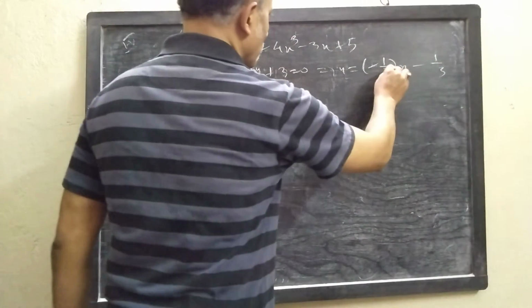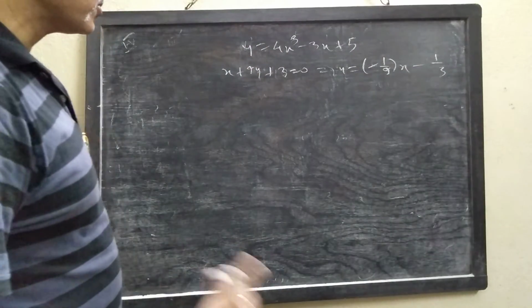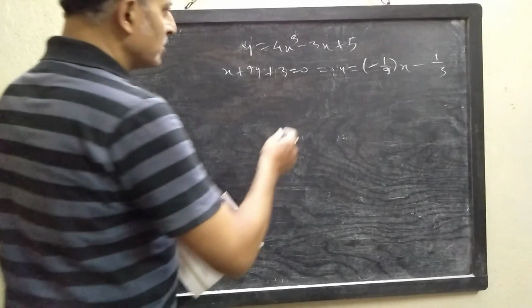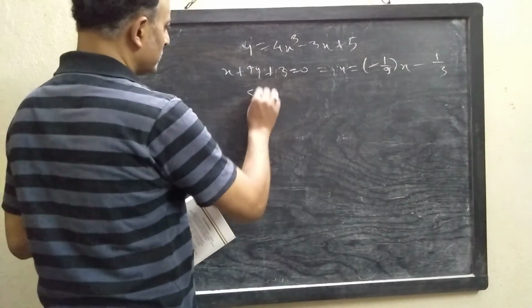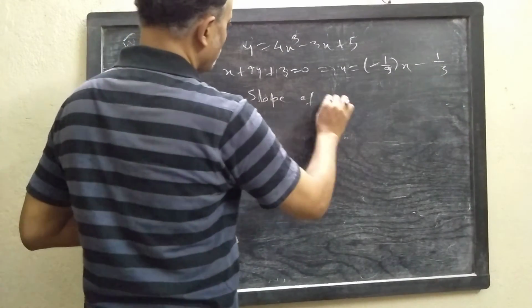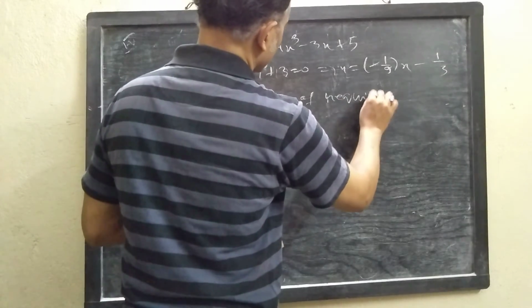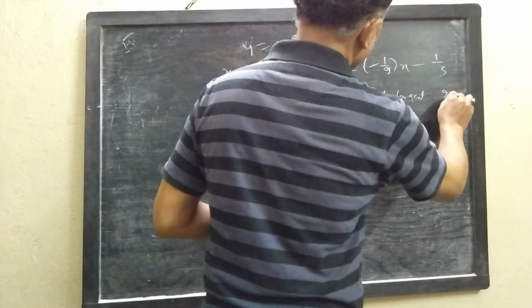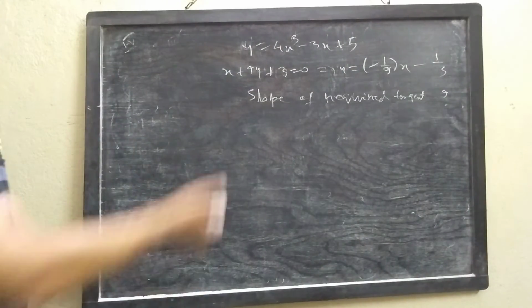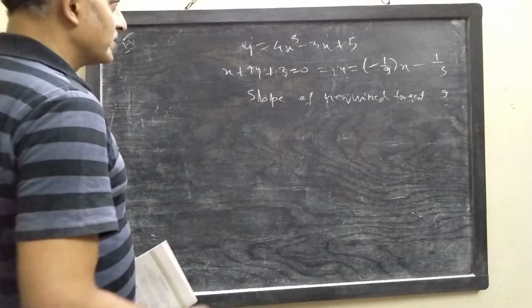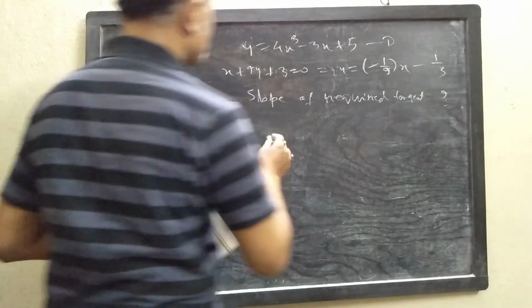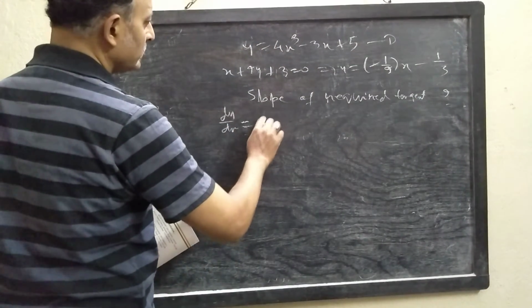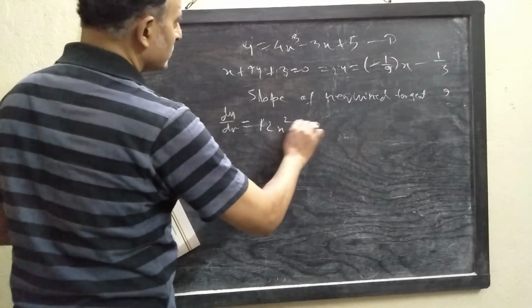So slope of the given line is minus 1 by 9. As the required tangent is normal to this line, slope of required tangent will be plus 9. Now let the point of contact be alpha beta like previous cases. Differentiating both sides of 1 with respect to x, we get dy/dx equals 12x squared minus 3.